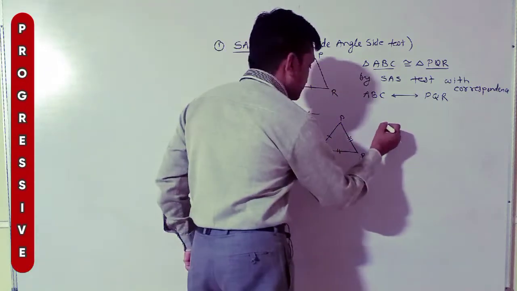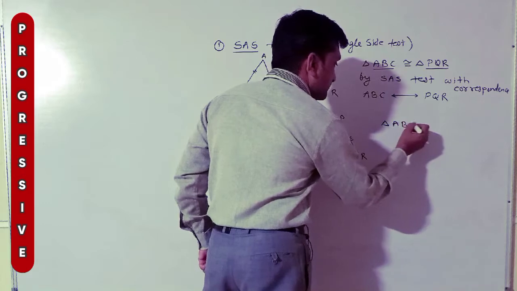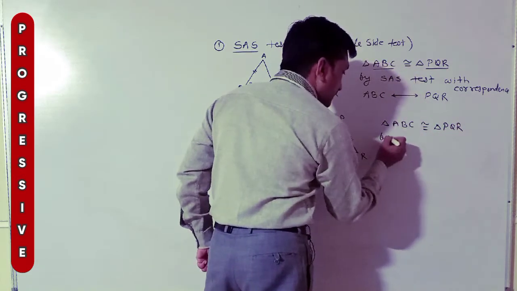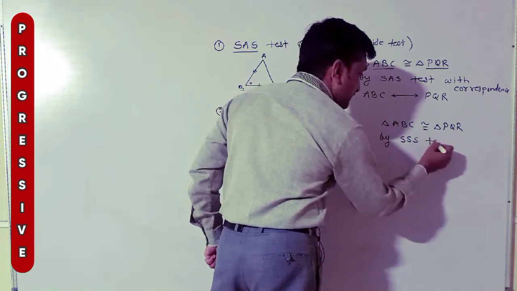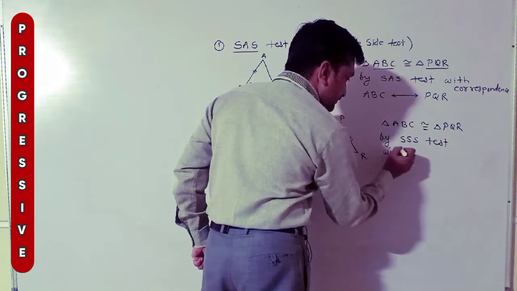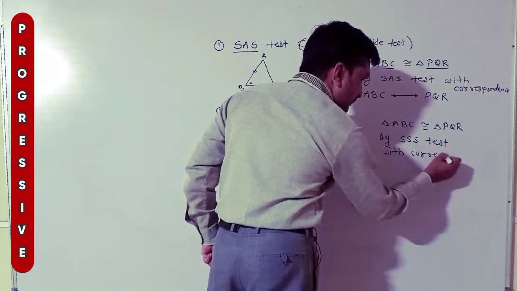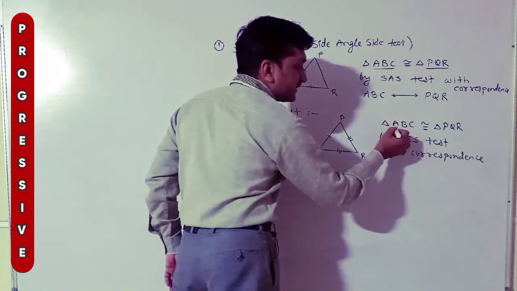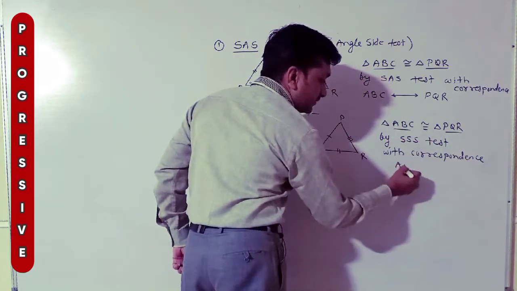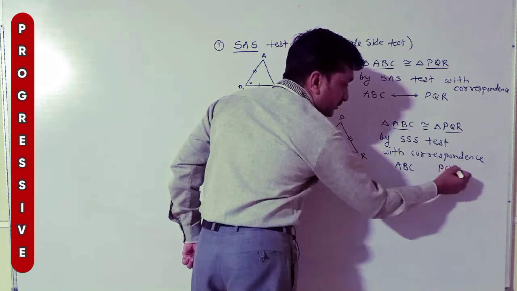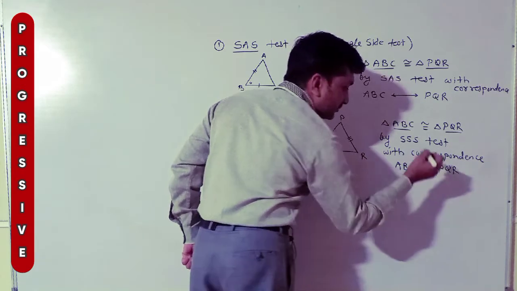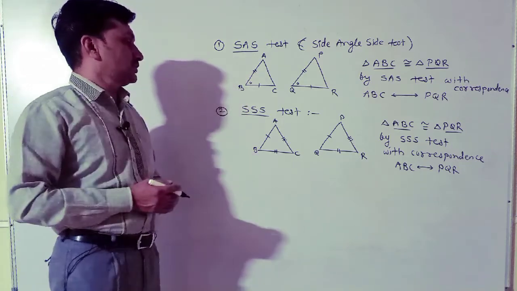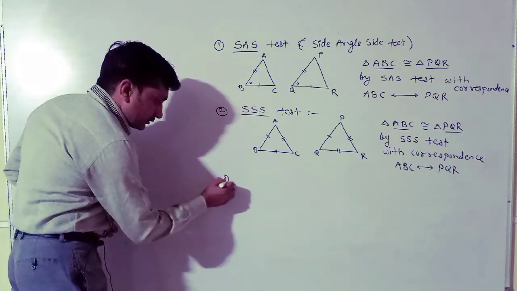We can write this as triangle ABC is congruent with triangle PQR by SSS test with correspondence. Now for correspondence, write only vertices ABC, here PQR, and here correspondence sign. This is called correspondence of vertices. This is second test. Third test is